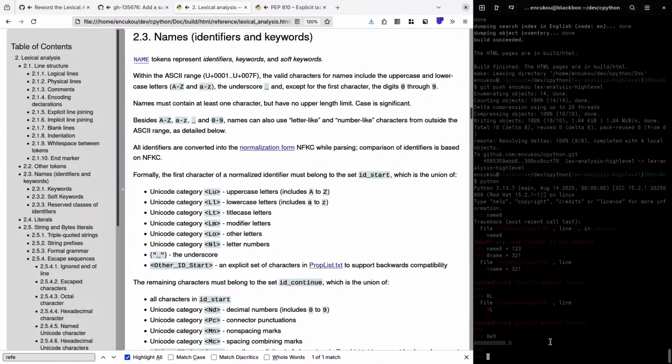And if it starts with a letter, then it's an identifier. This way the original C parser, which needed to be very simple to program, could just look at the first byte it saw and determine the type of the token.